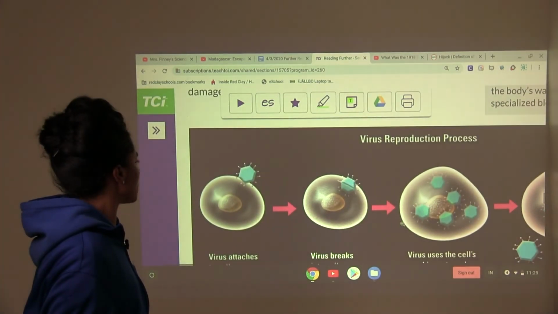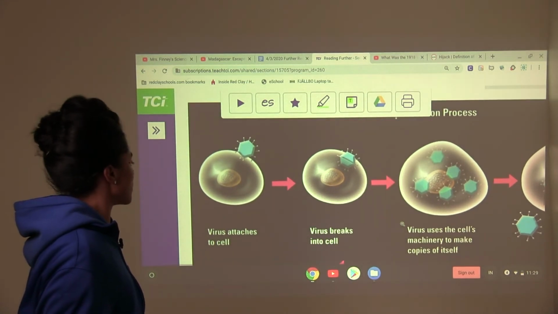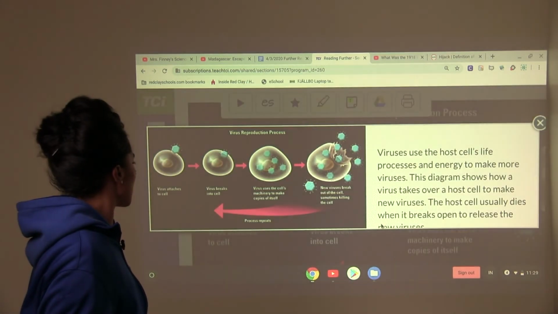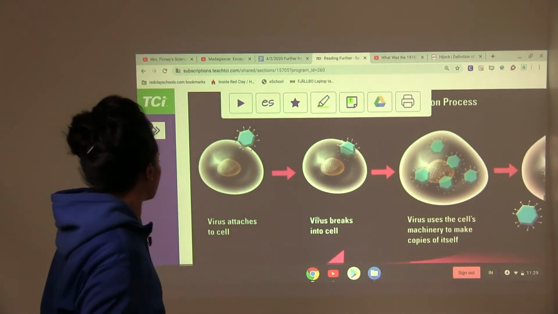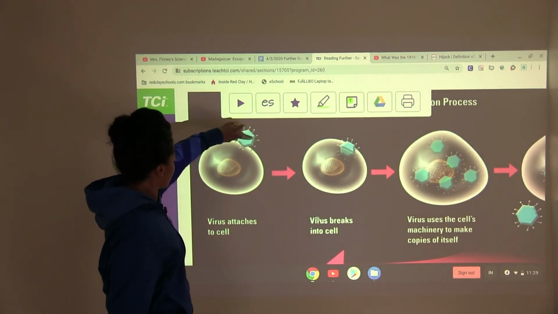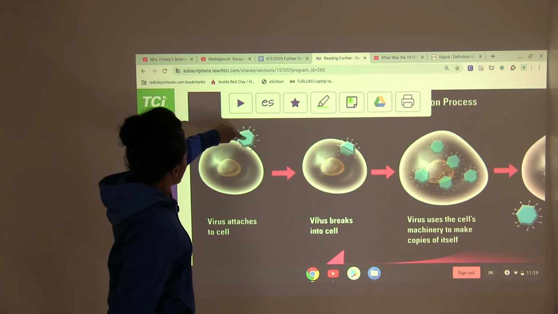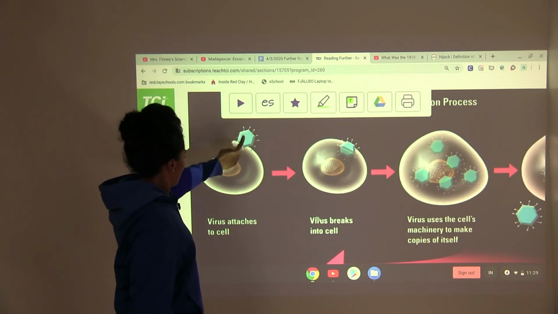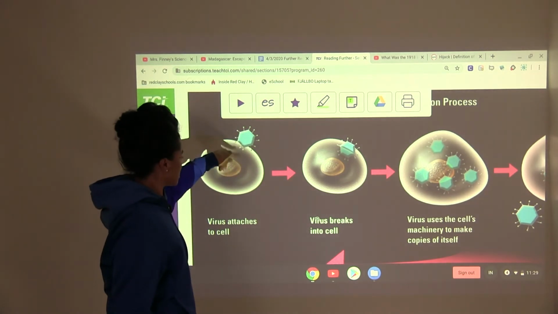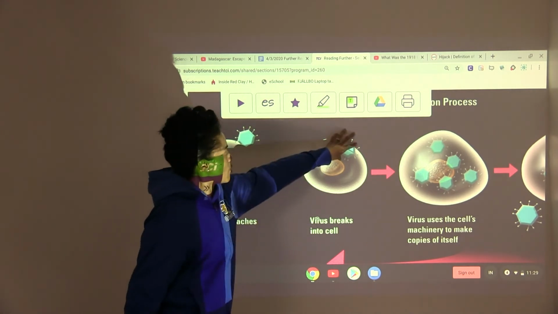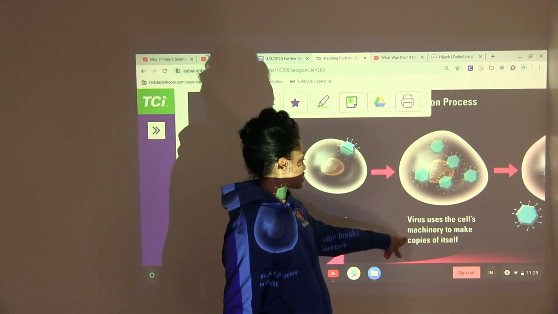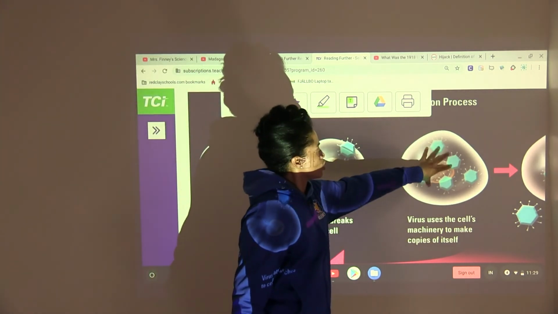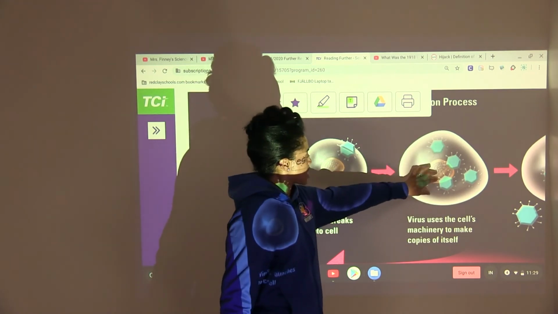All right, so this talks about the virus reproduction process, so we can get a visual of what we talked about yesterday and what we're discussing today. All right, so first is a picture of a cell, and this is a virus attacking the cell. Ooh, I see something that I want to take over. Let me insert myself. Mean old virus. The virus breaks into the cell, gets in there, and then here you see the virus uses the cell's machinery to make copies of itself. So it goes in there, it becomes a copycat, makes copies of itself,